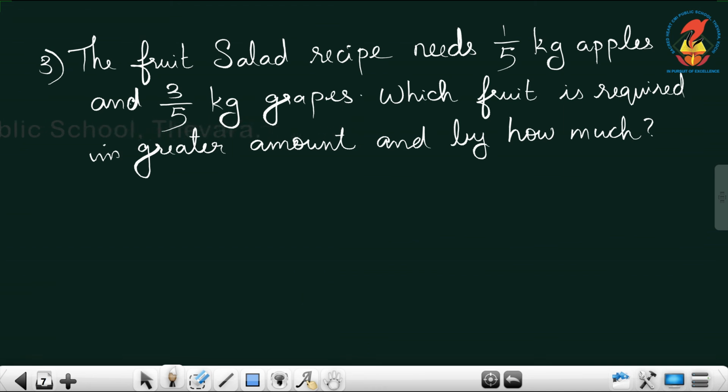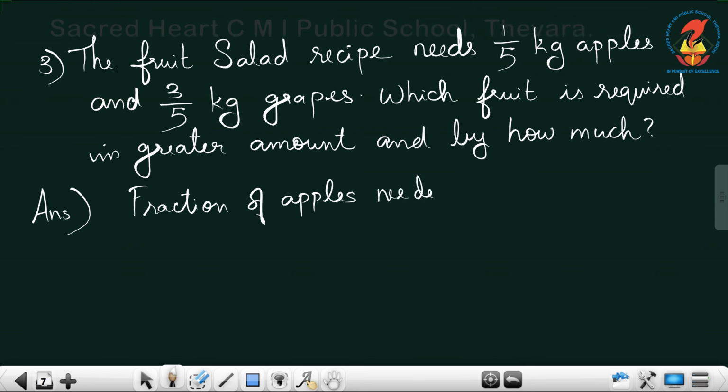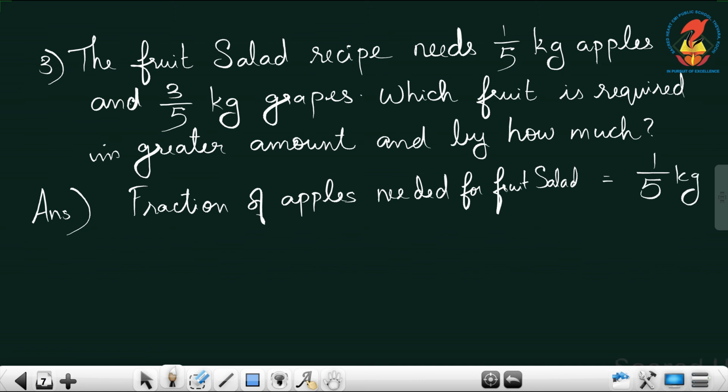So, first you need to write the statement as fraction of apples needed for fruit salad. It's 1 by 5 kilograms and